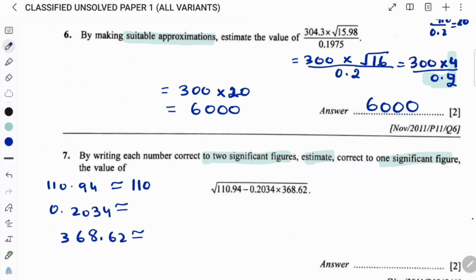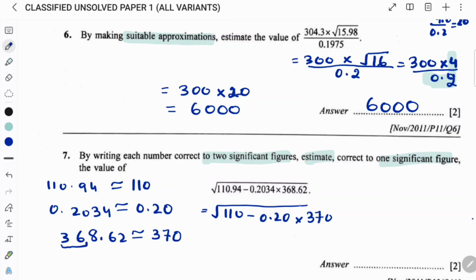This is two significant figures. 0.2034 will become 0.20. 368.62 to two significant figures: two significant figures is ending here, so it is becoming 37. But you have to put an extra 0 to make it a hundreds number. So 370. Okay. Now I'm replacing this as 110 minus 0.20 multiplied by